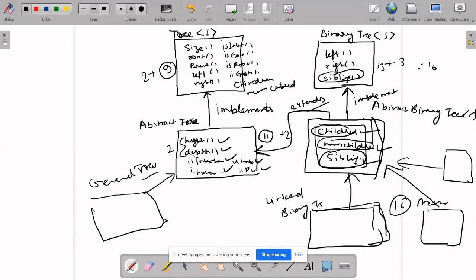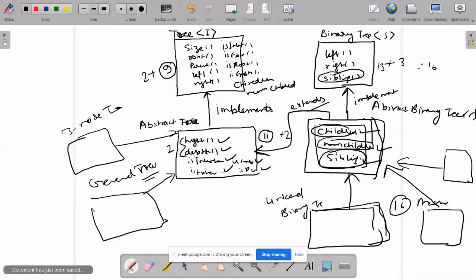If I want to implement something new, maybe a three tier tree, I can directly implement from here, a three node tree. I hope now it makes sense. Is it okay now, or any question still?